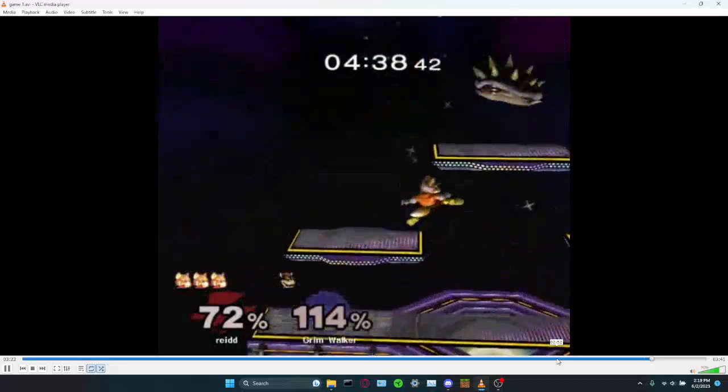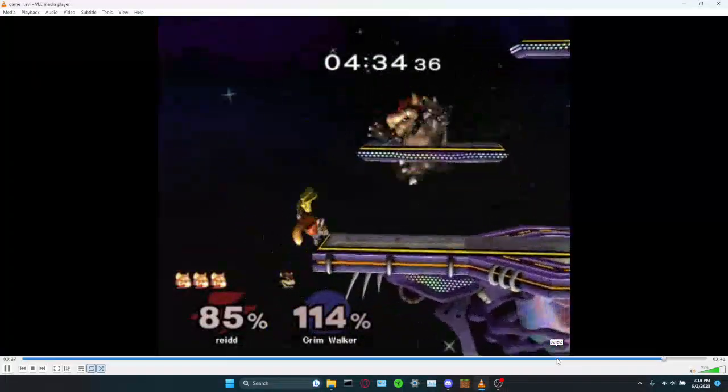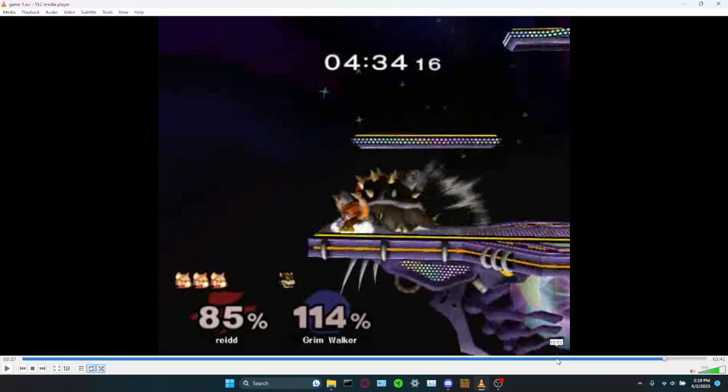I saw this forward air. It was a shield drop forward air, I think. No, not a shield drop. But forward air in that situation doesn't accomplish much. If you notice where Bowser's hand is, it's not really close enough to catch him while he's on the ledge, and even if it was, he had invincibility. Sometimes it's just force of habit. Probably didn't do it on purpose, but...